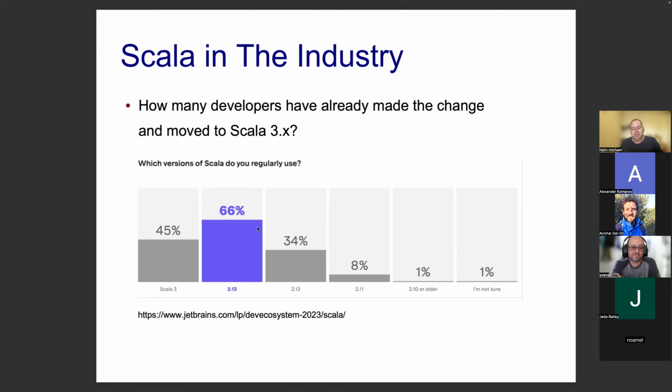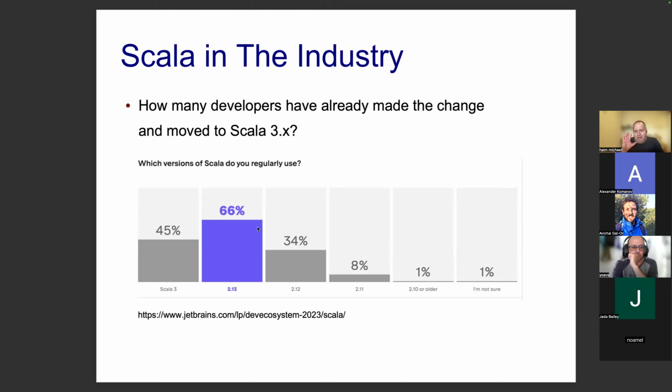Maybe that's why, in order to be on the safe side, most companies still prefer to stay with Scala 2 and simply wait for those frameworks to complete the transition from a framework that was developed for Scala 2 to a framework that was developed for Scala 3.